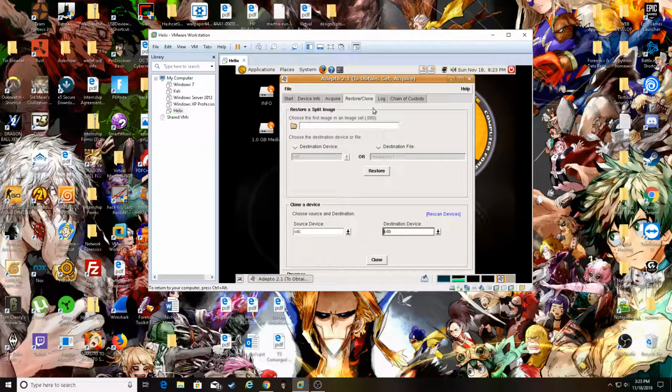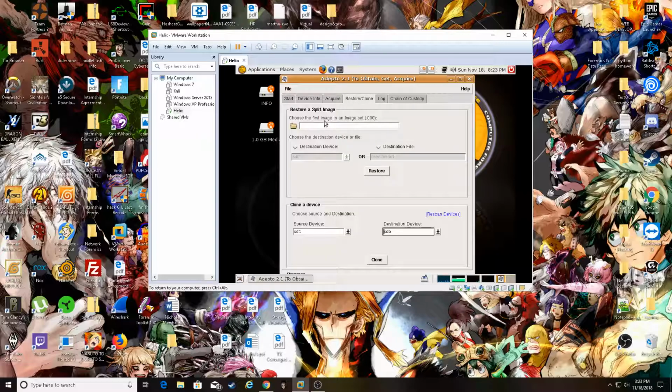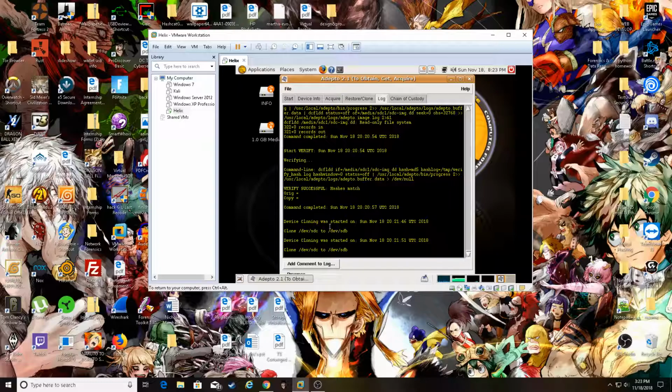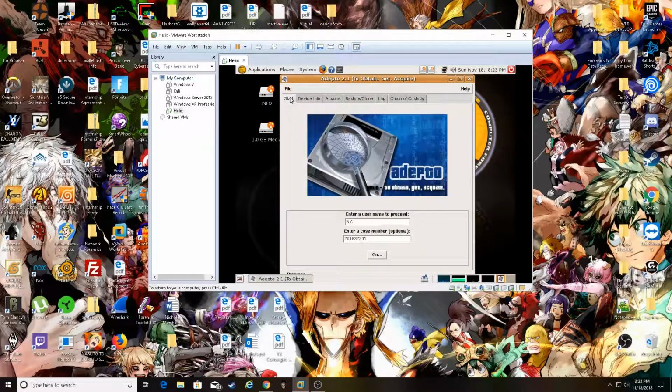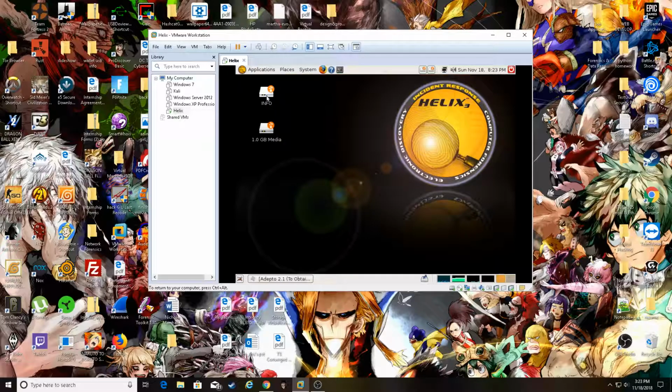But now we're going to look at the log again to see. I guess it's still, let's see. Cloning started. I'm going to go ahead and assume that it was completed. It should be anyways. But basically it takes all the files off of this USB, puts it on this USB. It's a done deal. So you've transferred your evidence while still having the evidence on the USB, but this is